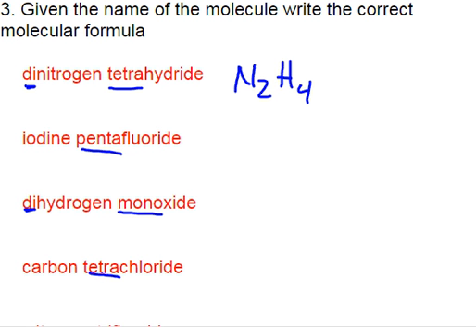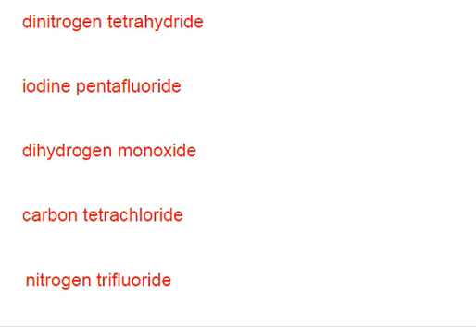So I'm just going to pause a second here and let you try the others that I've got up here on my example. But it's really that simple to write covalent formulas. Okay, so if we look back at these, nitrogen, dinitrogen tetrahydride